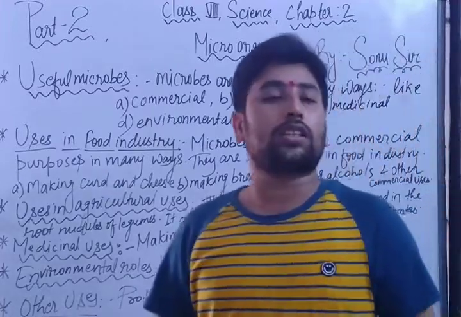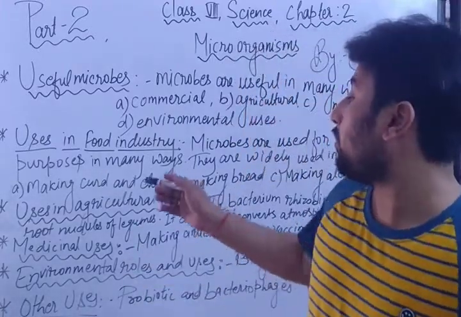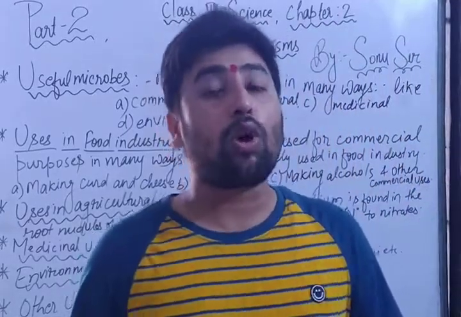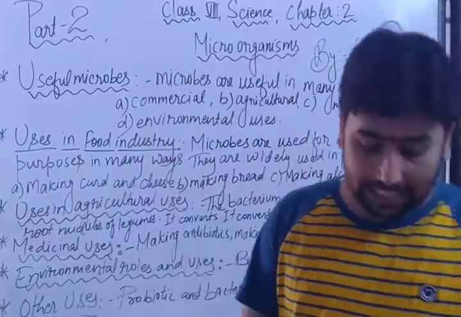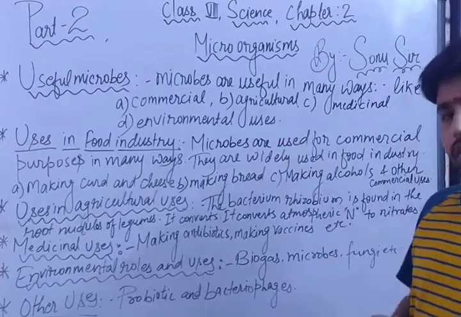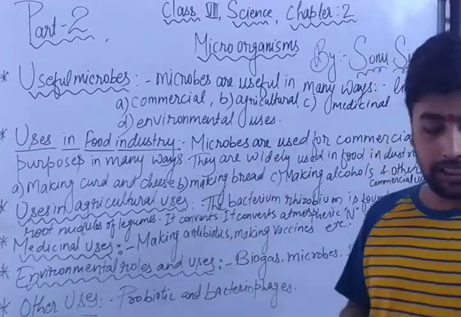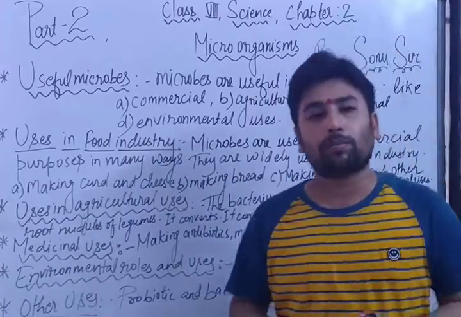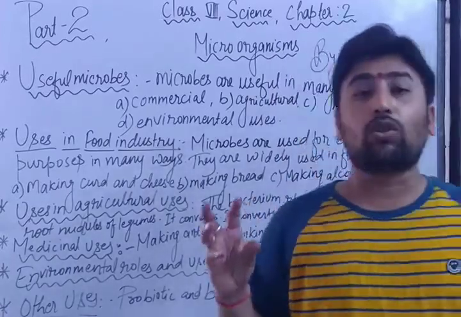So this was our process of how curd is made, and these things are made by the bacterium called lactobacillus. Second, have you ever thought about how cheese is made? Cheese and cottage cheese are made from coagulated milk proteins. In the milk, there is a coagulated